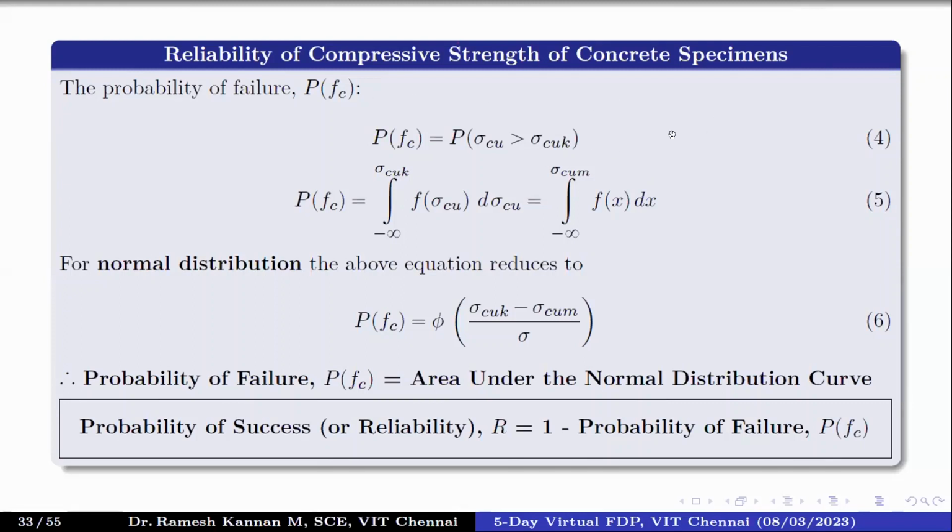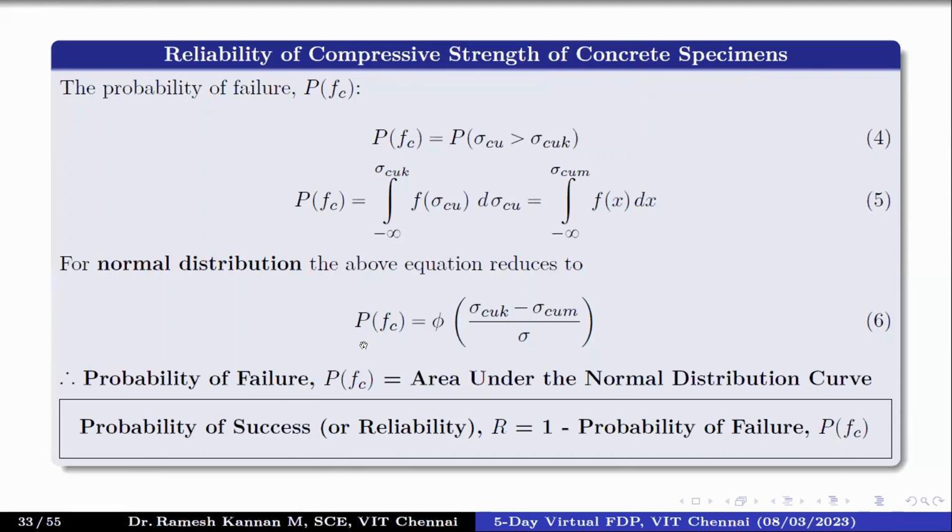I have ignored all the derivations. You can probably take a look at the relationship between service life and the probability of failure. That's a very big derivation, so probably you can take a look at that. And even this integral, we can further reduce into a formula, because we use the normal distribution for our assumption. So we assume that the compressive strength will be in the normal distribution.